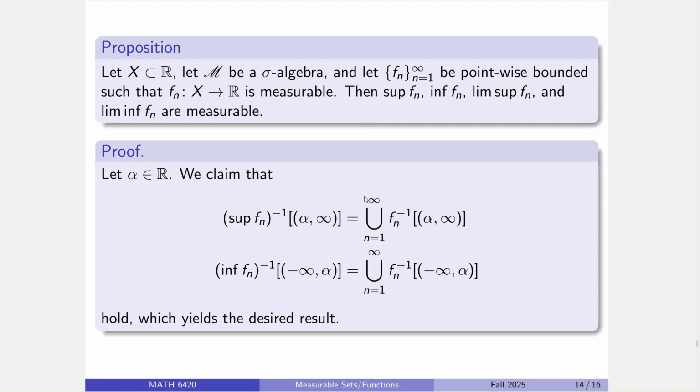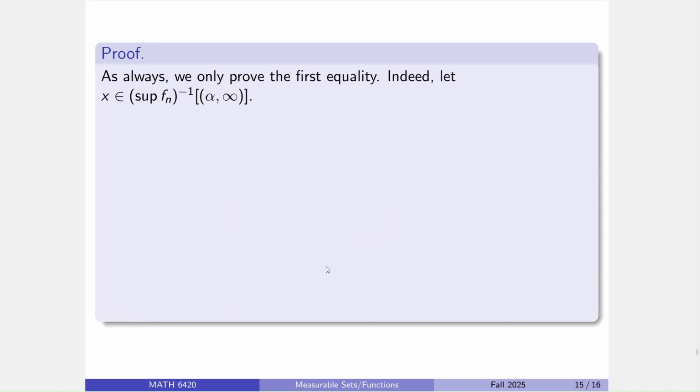All right, and the trick to this one is to prove that the inverse image of an open ray for a sup is actually the countable union of the inverse images of all the previous functions. And similarly for infimums, but you don't do the open rays going to infinity, you do the open rays going to negative infinity. All right, and this is going to give you the result, because note this will prove that sups and infs are measurable. And as we already noted, lim sups and lim infs are themselves sups and infs in disguise, so you'd automatically get it. All right, so we need to establish these facts here, and I'll prove the first one, and note that the second one is proven very similarly.